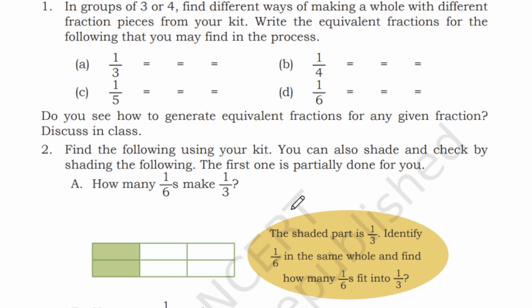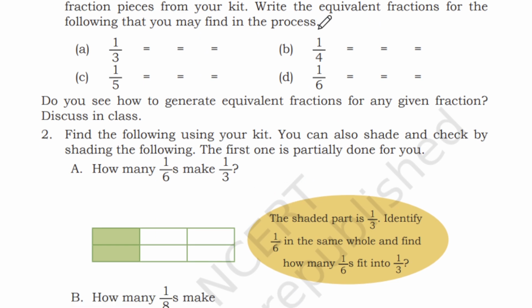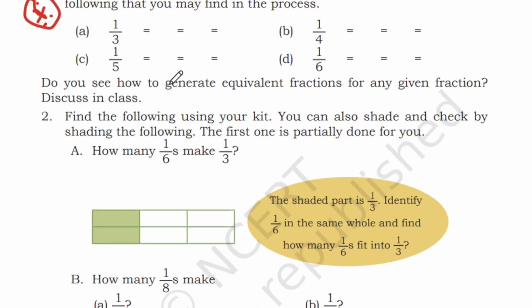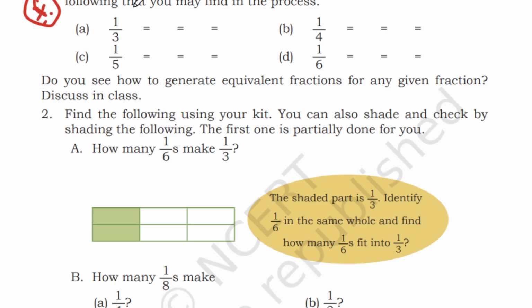In a group of 3 or 4, find different ways of making a whole with different fraction pieces from your kit. Write equivalent fractions for the following that you may find in the process. So this one is your exam important question. Like I stated, you can multiply any number, but both numerator and denominator should be the same. So here you have 1 by 3, so you can multiply with 2. 1 2s are 2, then 3 2s are 6. So 2 by 6 is